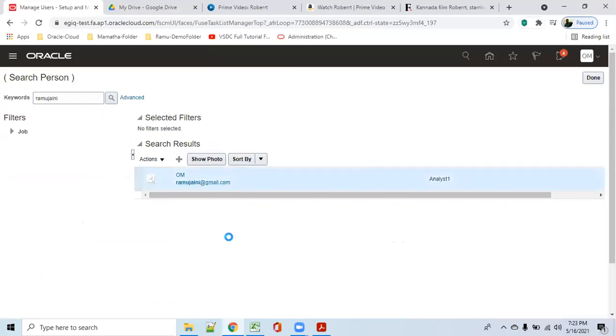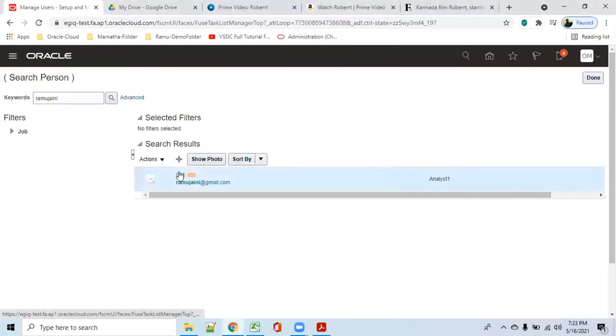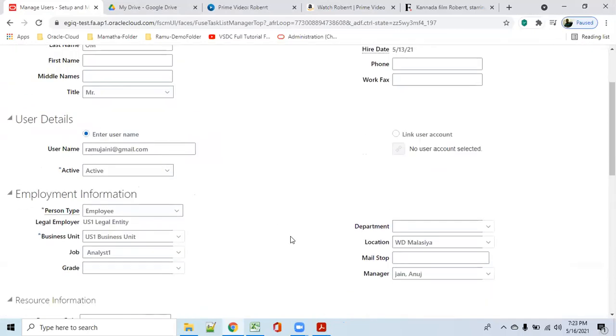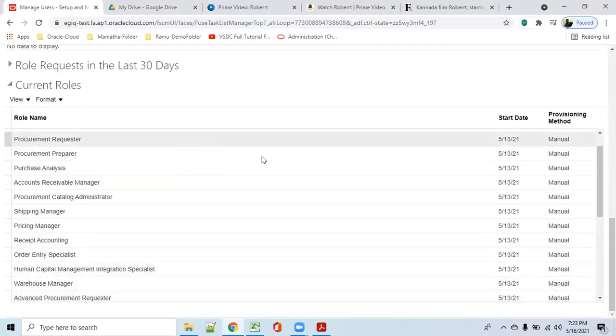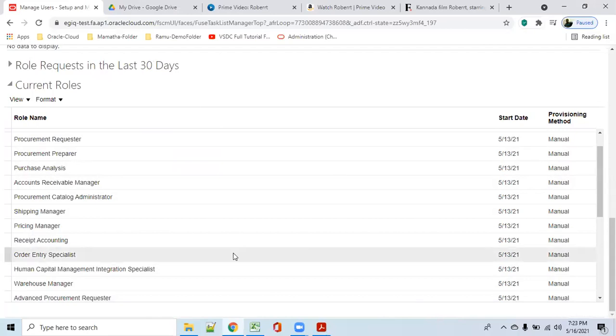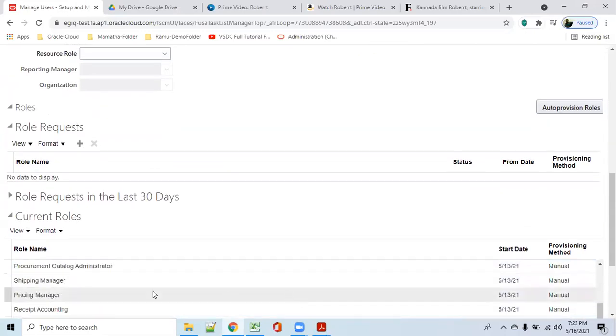See this, these roles. The way the system displays them on this particular screen, we don't have any option to add roles here in manage users. We don't have any plus option here.